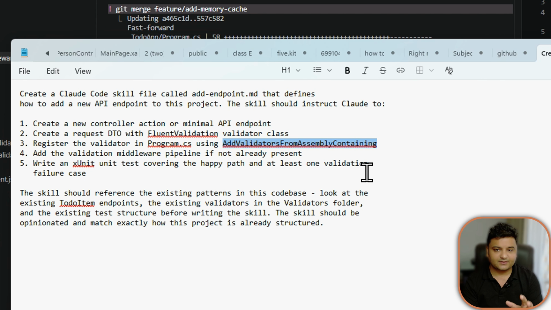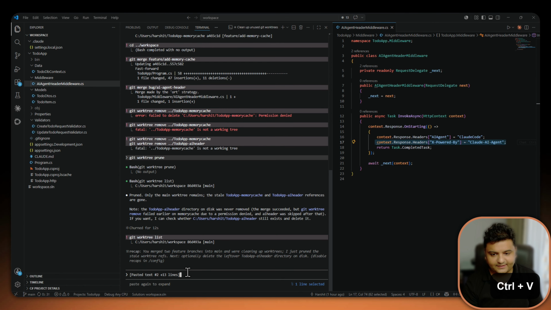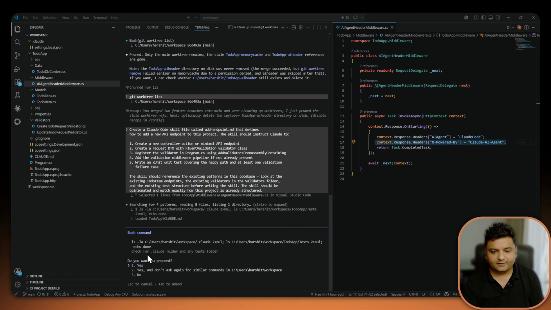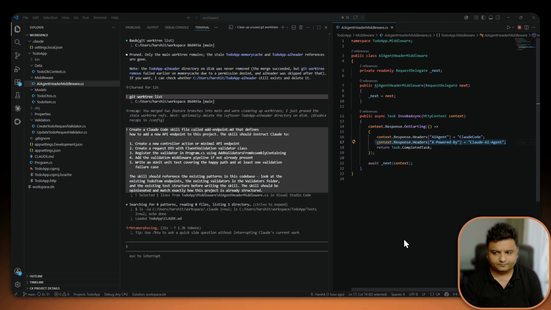So now this is a custom instruction that I've given to Claude, which it is going to follow every time I request to add a new endpoint to my project. So I'm going to copy all of it, paste it over here and hit enter. Alright, so now it is asking to check for the Claude folder and any test folder. I'm going to say